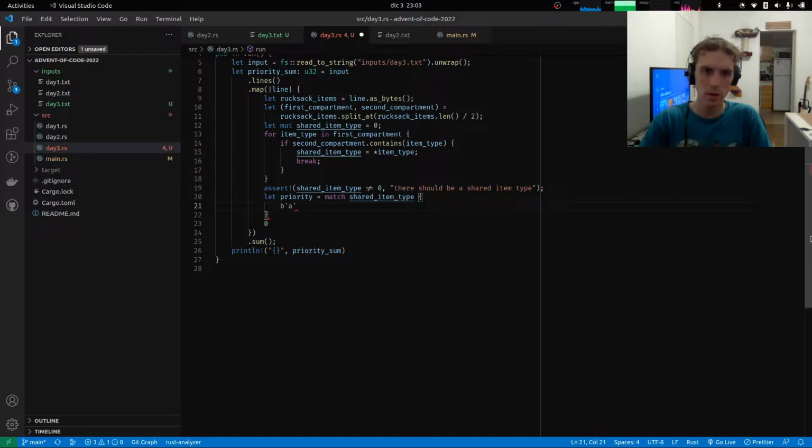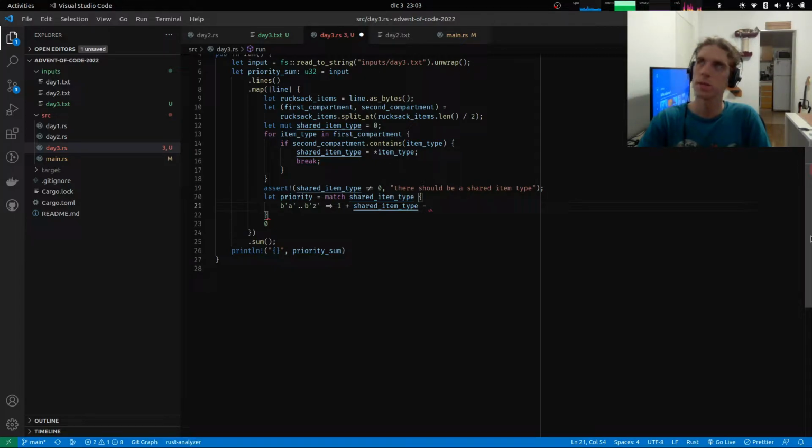So if it goes from A to Z, it's gonna be 1 plus this shared item type